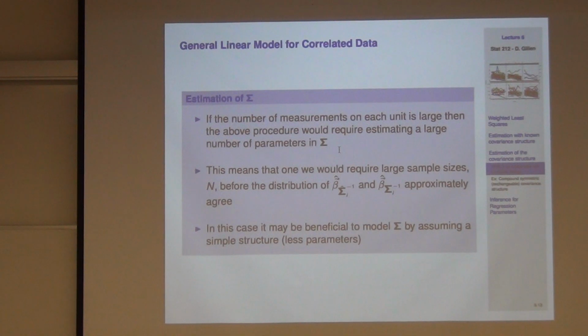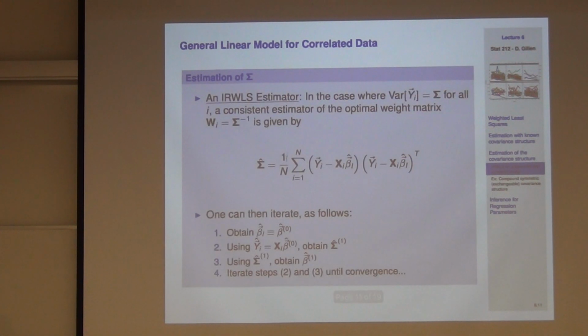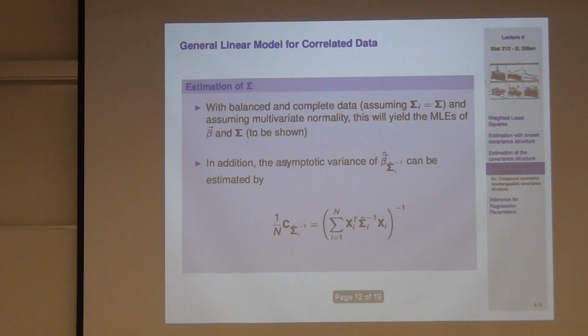Good. All right. So now here's the trick, though, right? That holds if we've got a large number of independent sampling units, and where we have assumed that we've got a common covariance, and that assumption is correct. What that means, though, is you need to have capital N be large for that method of moments estimator to work out, because really all you're doing, think about it, is taking an average over capital N of these empirical variance covariance matrix estimates.